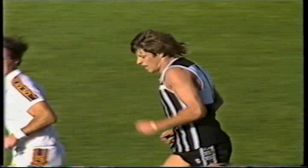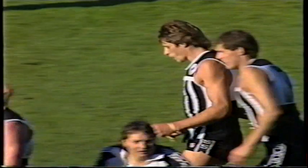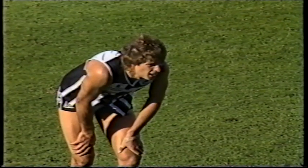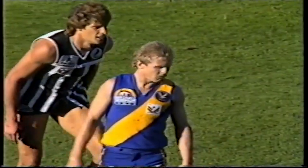It certainly was well done by Russell Johnston. Making mention and noting the other day in the interstate match against Western Australia just how often players took marks on their body, something we haven't seen in modern times of football. Most players are encouraged to take the ball in their hands, but on that particular occasion, just showing when you should take the ball on the body. With the players coming in, he ran straight down the ground, Johnston, and as it came in, he just turned his body into the line of flight of the ball, took it on the chest,